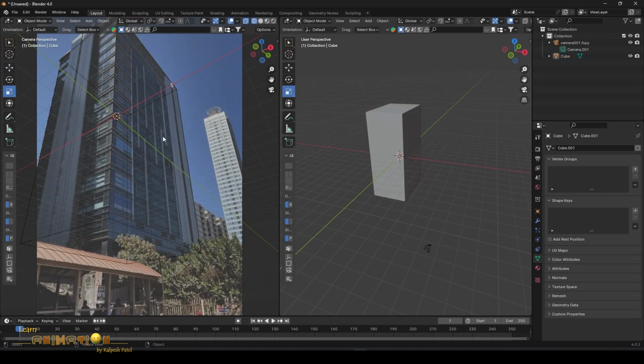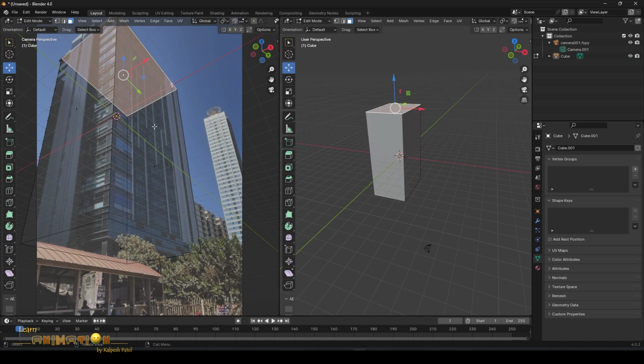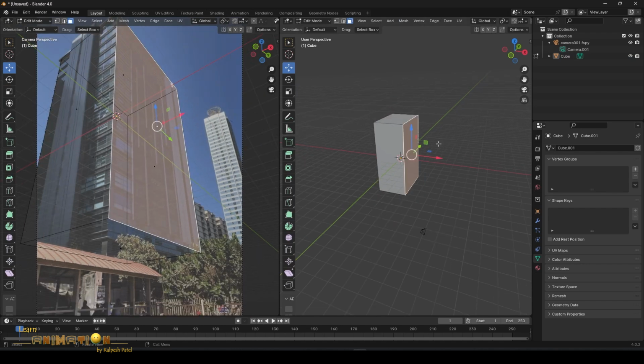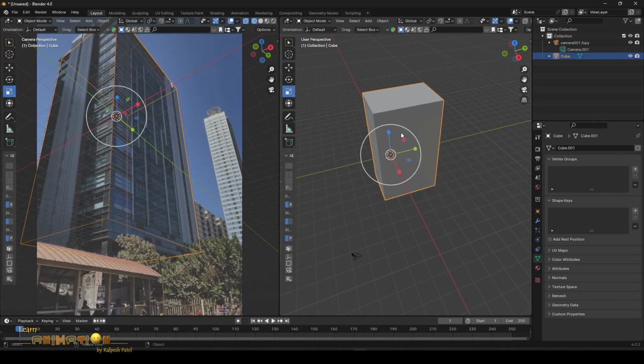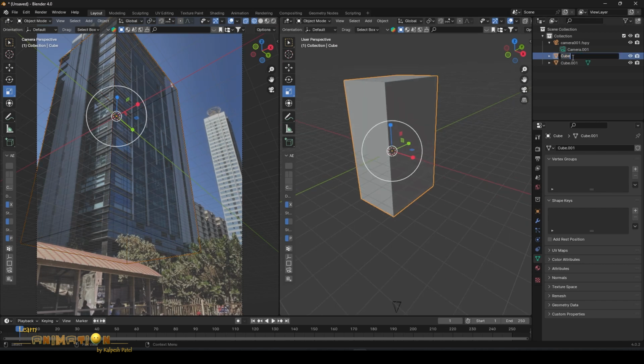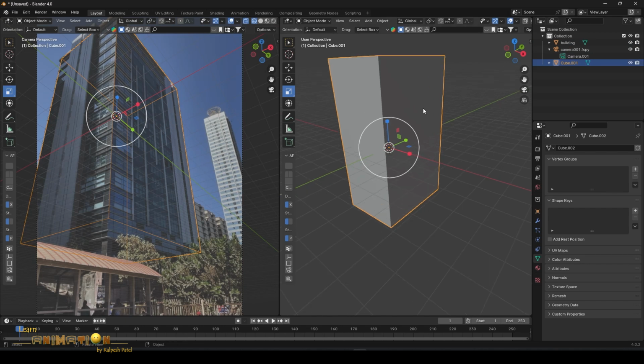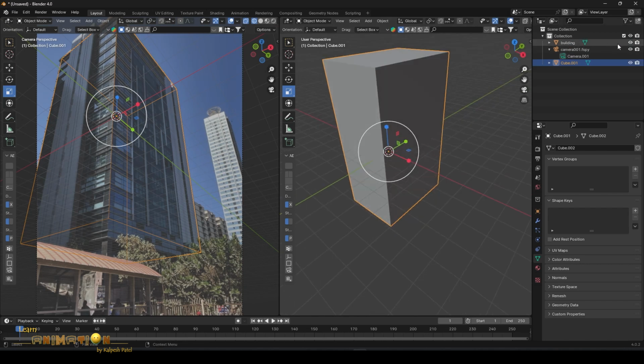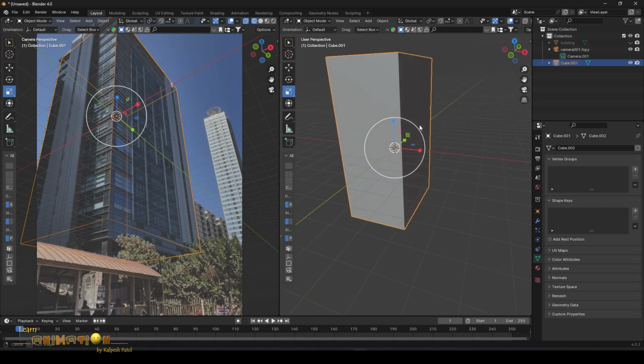To create the banner, just select the front part of the building, or you can duplicate the whole building again. Rename this cube as building, and rename the other cube as banner. Just hide this building for now.